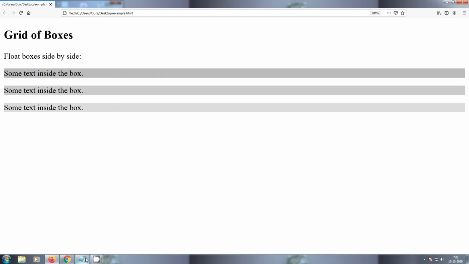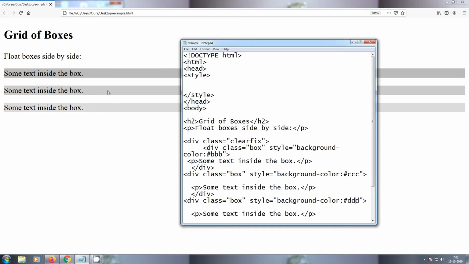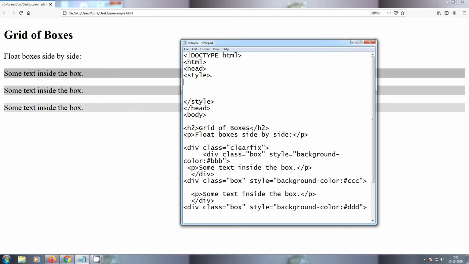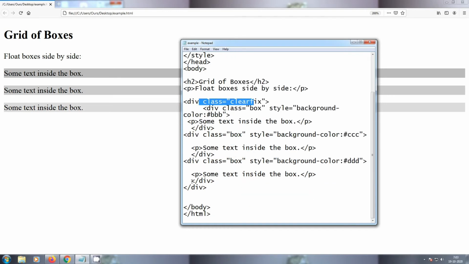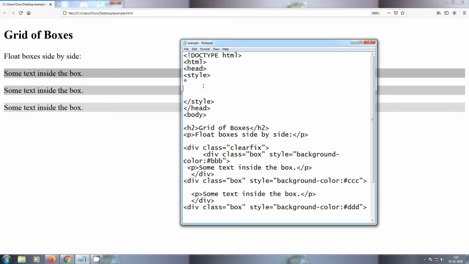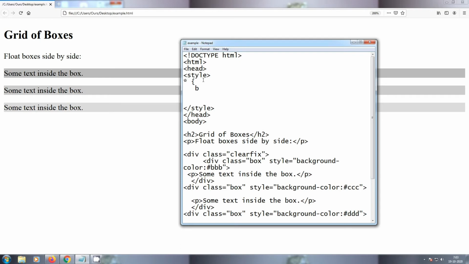So now I'm going to add these three lines into a box, to be side by side. So after the style attribute I am going to write hashtag, that means star, like star we usually choose for the class attribute. So I'm going to add the complete class attribute for the clearfix. So I have ended the div element for this, and I'm going to add star and declaration box. After declaration box I'm going to write the box-sizing, like border-box, and